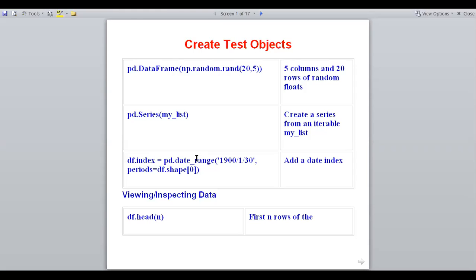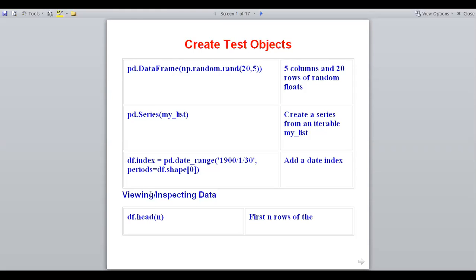I am taking the date_range function, which takes year, month and year. What does it do? It will create a date index, and periods equal to df.shape. Shape you can give 0, 1, 2. So shape also you can give here.